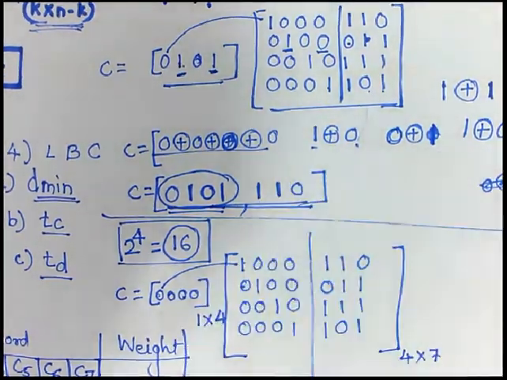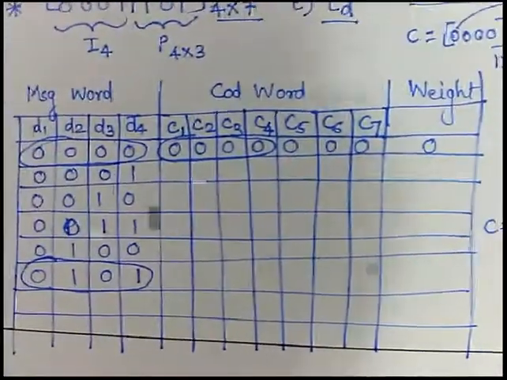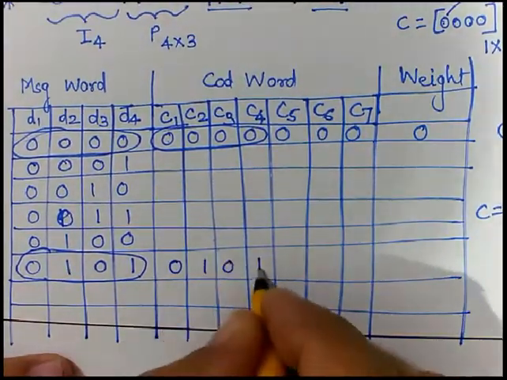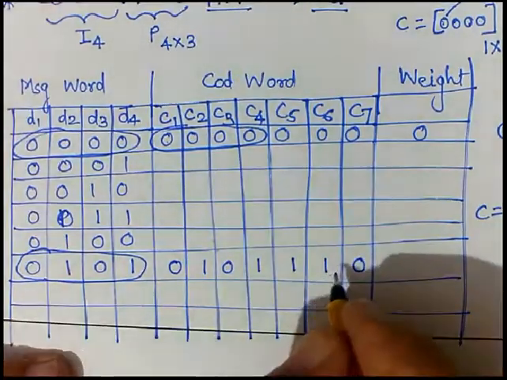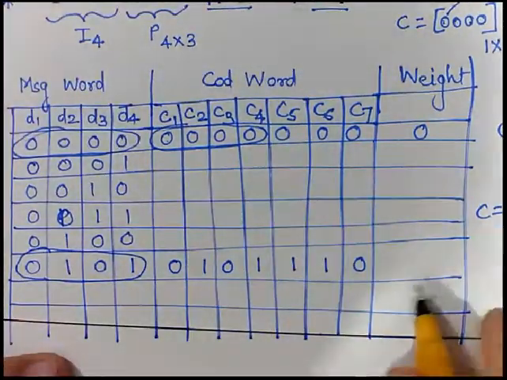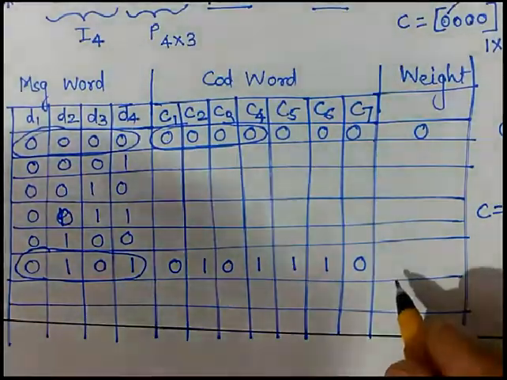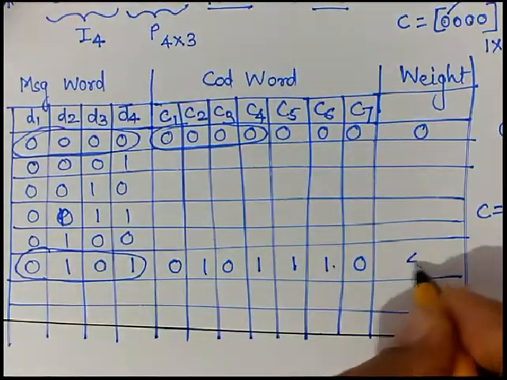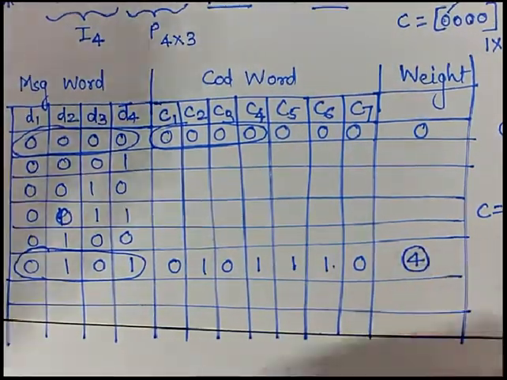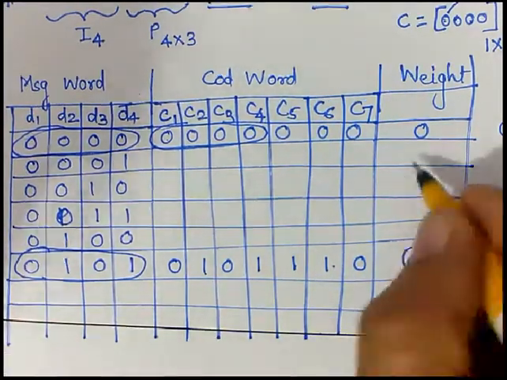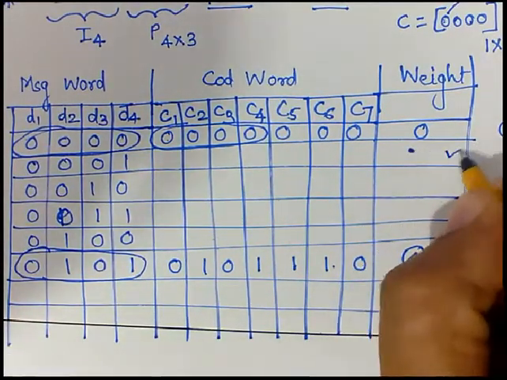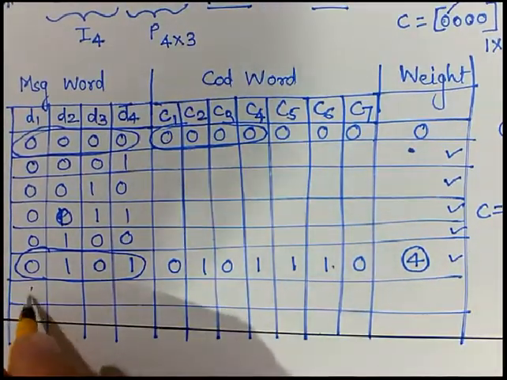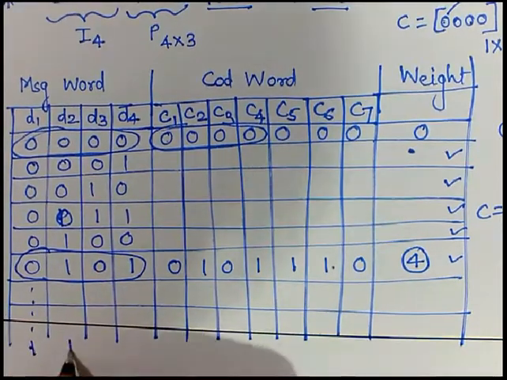Now the same thing we need to write in this particular table. So this is the table, where 0 1 0 1 gives this 1 1 0. Once we got this, let's count the total number of non-zero components, that is 1 2 3 4. So the total weight is 4 for this particular code word. Similarly you can find it for this one, this one, this one, like this till the last value, that is all four 1s.